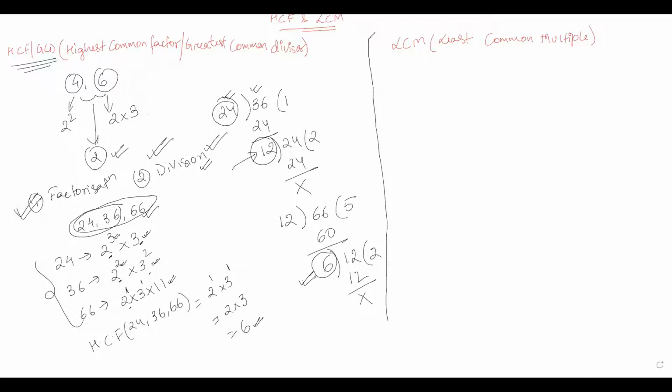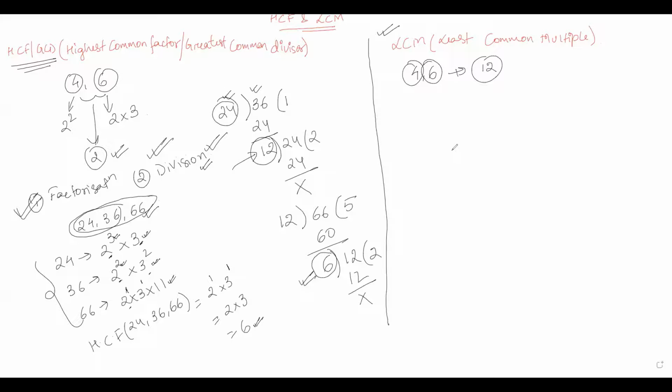Okay, so now let us try to see what is LCM or least common multiple. The LCM or least common multiple of numbers is the lowest number which is divisible by all the numbers. For example, if I have the numbers 4 and 6, what is the lowest number which is divisible by 4 as well and which is also divisible by 6 as well? Since these are small numbers, we can see that the lowest number is nothing but 12, or we can say that 12 is the LCM of 4 and 6.